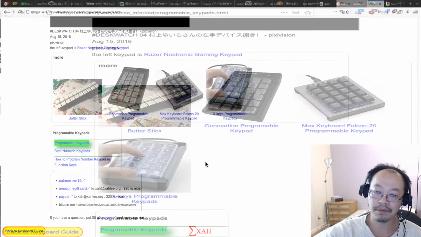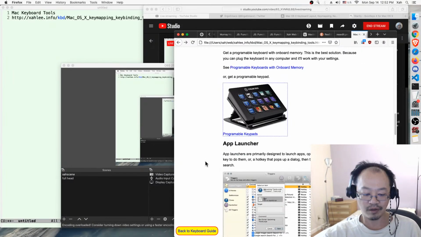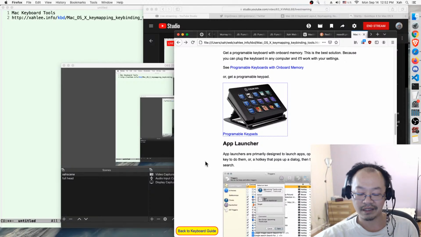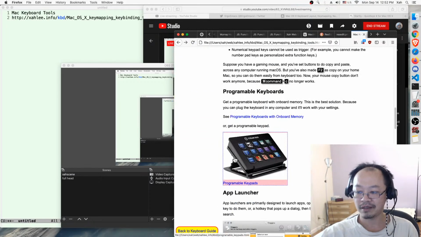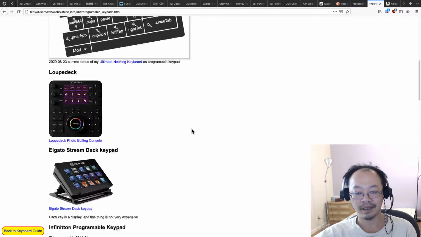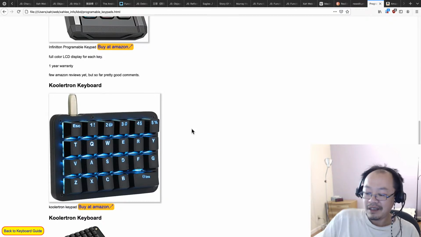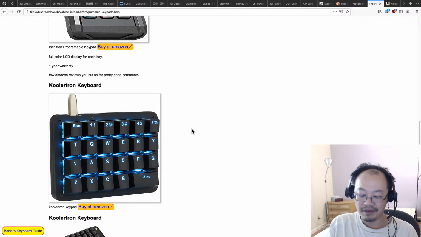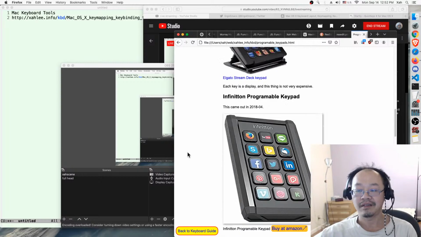Okay, I think that's it about keyboards. So again, let me repeat. If you want automation, you want to create keyboard macros for efficiency, for automation, I recommend you buy a programmable keyboard, or programmable keypad, like some of these I suggested. Now, but if you don't have money, or you're on your laptop and don't have the choice to have a physical device, then